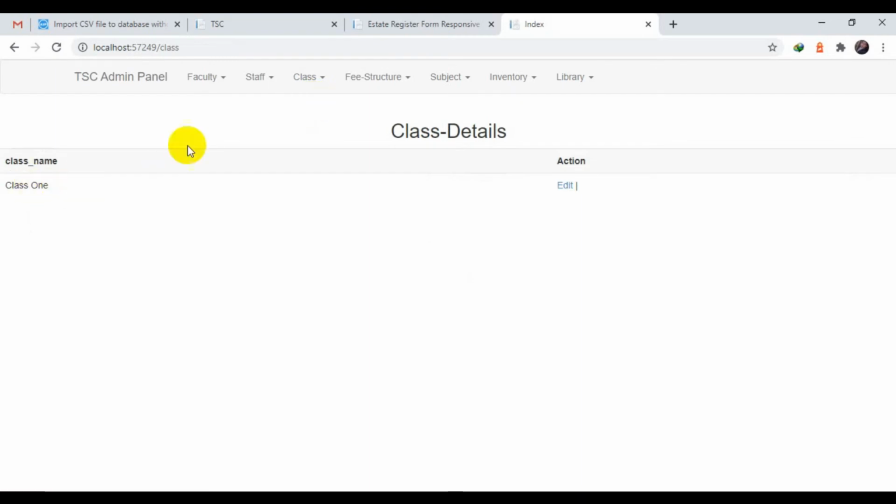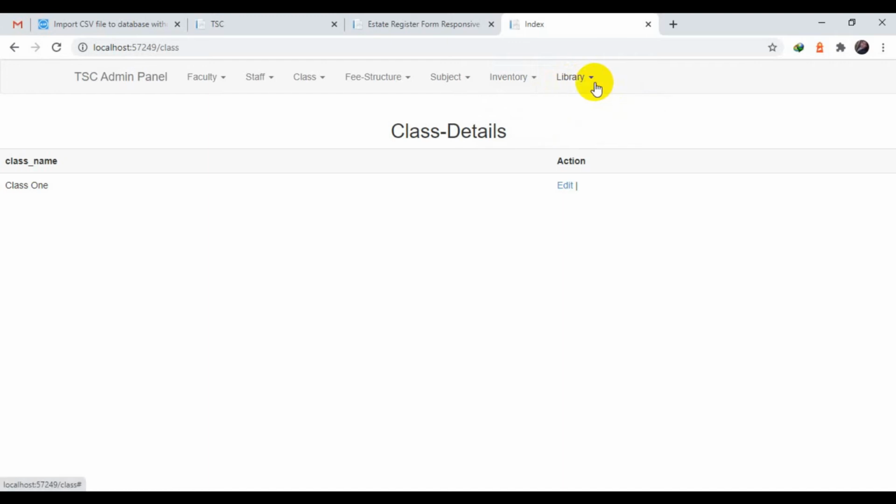We have a class 1 option here available. Just like the same thing, in a fee structure we have to add the fee structure accordingly. And just like the fees class, we have a fees structure, we have to add the fees, and our fee details will appear on our fee detail option. And the same thing in subjects, and we have an inventory option in which all the inventory that the coaching is using is available. Anything that is added will appear on that particular inventory option.